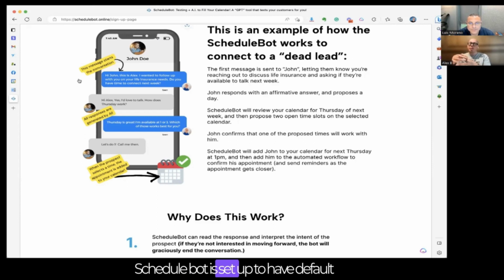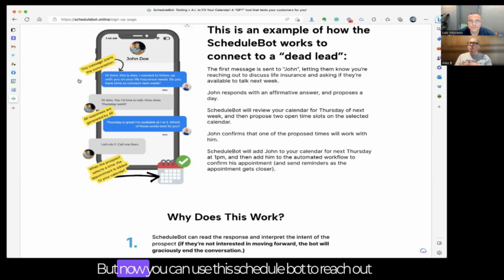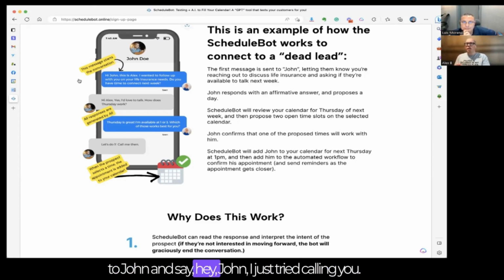ScheduleBot is set up to have default settings, but inside of your workflows in Agent CRM, you can initiate the ScheduleBot and then change some of these settings. For example, if you want a different message to go out after you missed a call with someone. They have a scheduled appointment. Let's say John has a scheduled appointment at 1 p.m. You call him and he doesn't answer. Well, that's a bummer. But now you can use this ScheduleBot to reach out to John and say, "Hey, John,